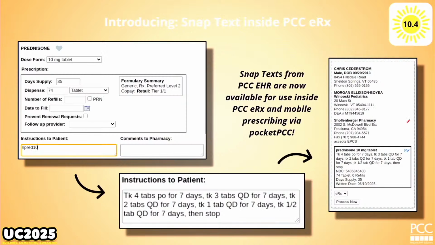Oh, but there's more. We're still talking about the future stuff, guys. SnapText is coming inside PCC ERX. You probably don't have a prednisone 10 taper set up, but this is the homework that you can do today. You can set it up in the EHR panel such that when 10.4 goes live in the fall, you can start using those tapers. So if there's stuff that you're manually typing out all the time, or you're copying and pasting from some spreadsheet about these sets of directions,